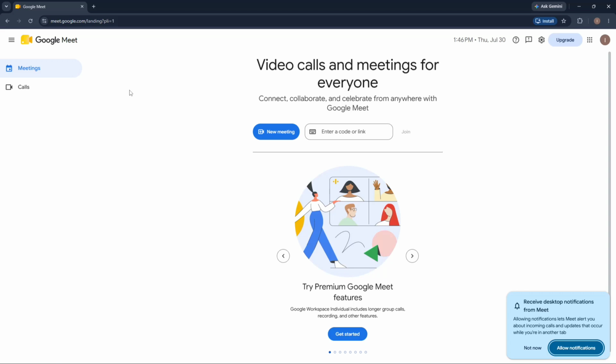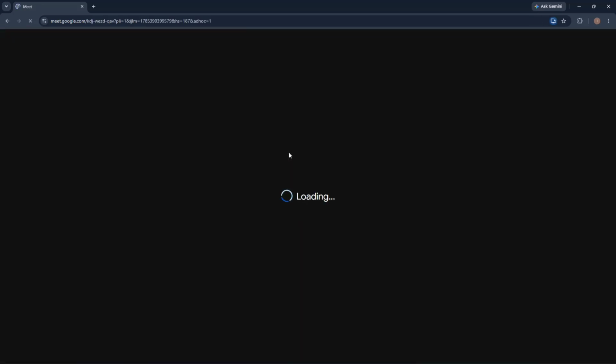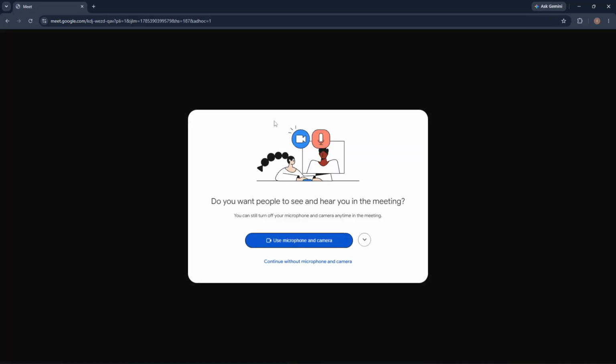So, step one, open Google Meet on your browser or laptop, and then from here, select this new meeting button, and then from here, select start an instant meeting. And then at the bottom left of your screen, you'd basically find the Google Meet link that you have for